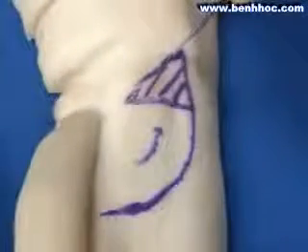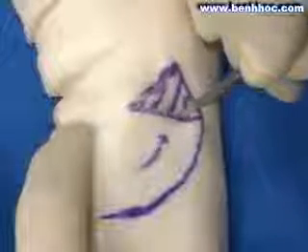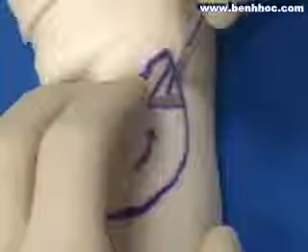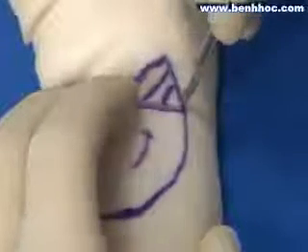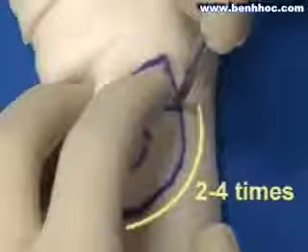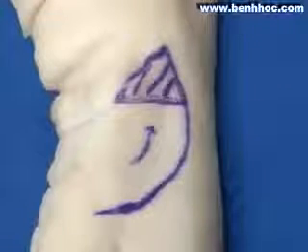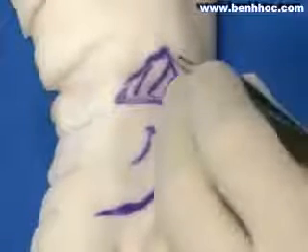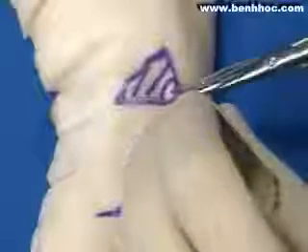The rotation flap is utilized to close a triangular defect. The rotation flap follows a smooth curve from the site of the defect. It then gets rotated into place. Typically, the limb of the rotation is approximately 2 to 4 times longer than the axis of the defect that it needs to close. This is a flap with a very large vascular pedicle, and it is extremely useful for